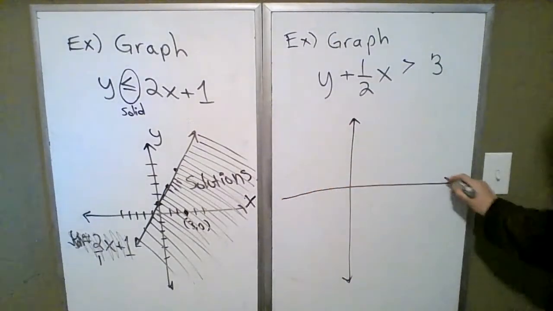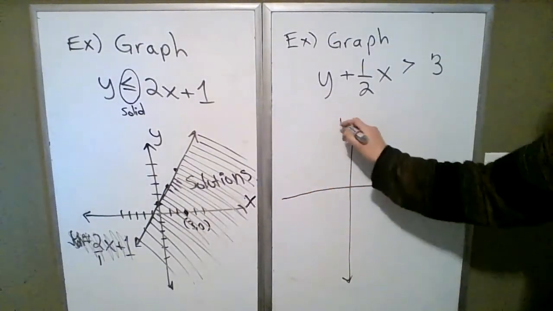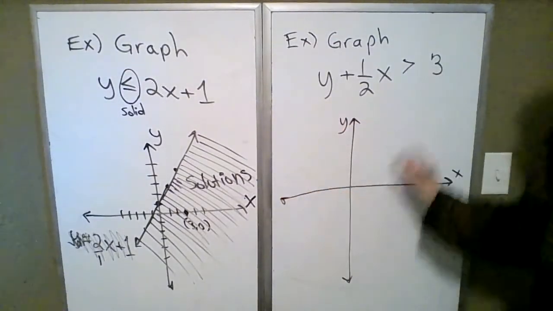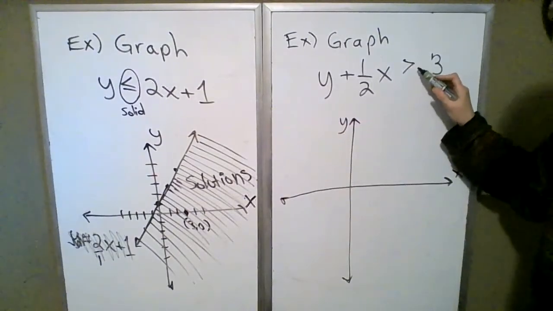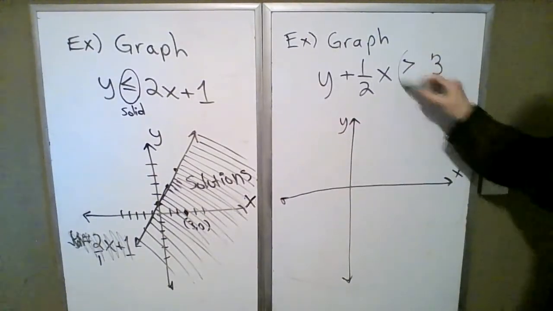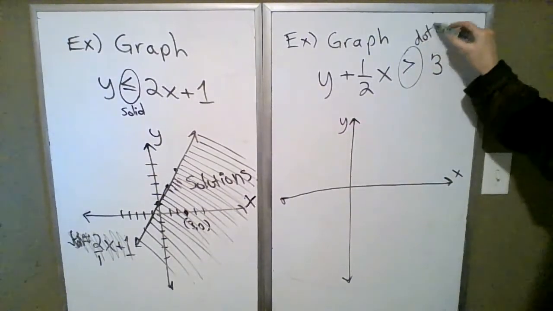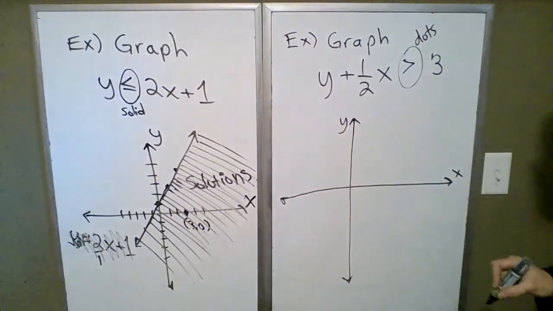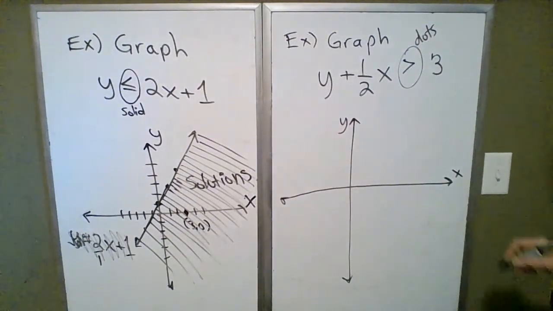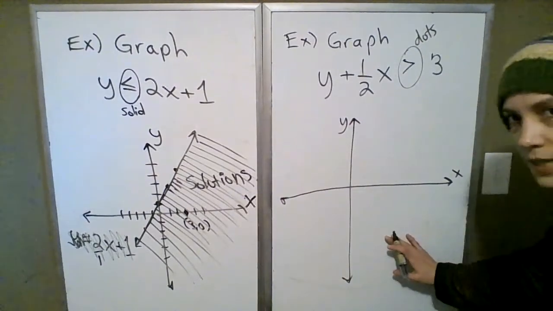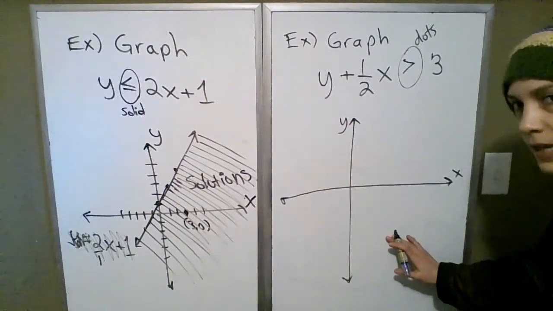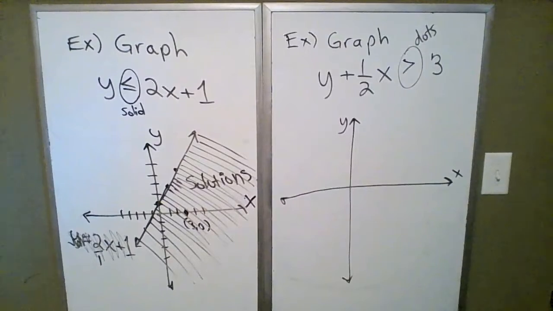We have our x and y. And when I draw a line, I want it to be with dots. So just for a quick second, we put an equal sign down and maybe on the other board,